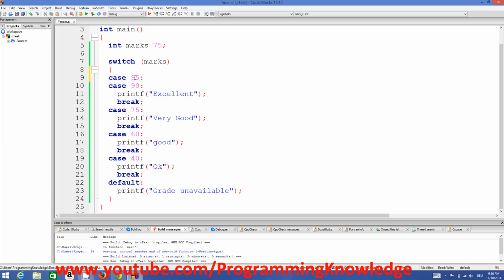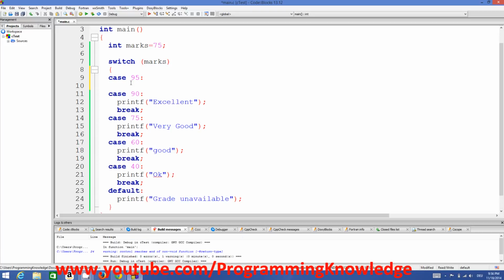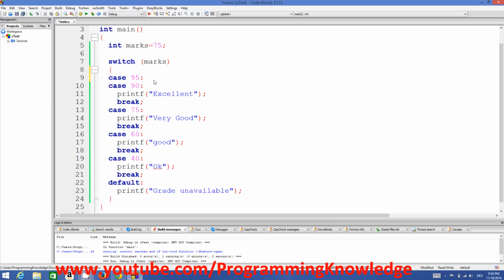Okay, so if the mark is equal to 95, it sees here case 95 and it jumps to the next case, because it's not breaking anywhere, right? If there will be a break keyword here, then it jumps out of your switch code. But because we are not giving this break, it jumps to the next condition and executes the next statement,